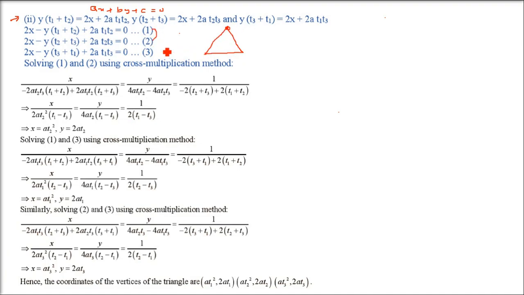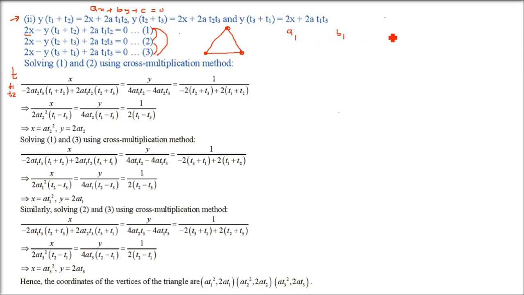So we'll take 1 and 2, we'll get 1 point, 2 and 3 will get another point, and then 1 and 3 we'll try to find out the intersection. So we'll use the cross multiplication method. One of the intersections I'm going to do, because it is quite lengthy, 2 I'll leave it for you. When it comes to t1, t2, it becomes very confusing when you write it. So we already know the formula, so we'll do it by the formula.